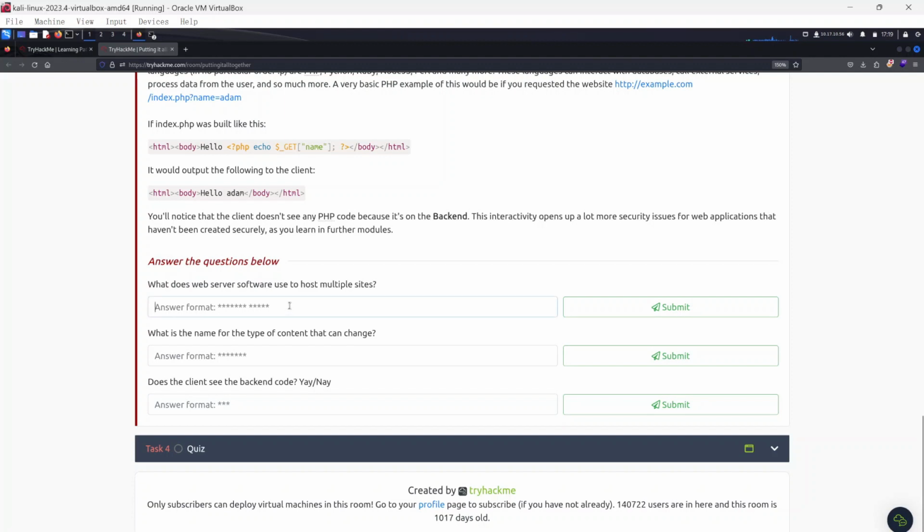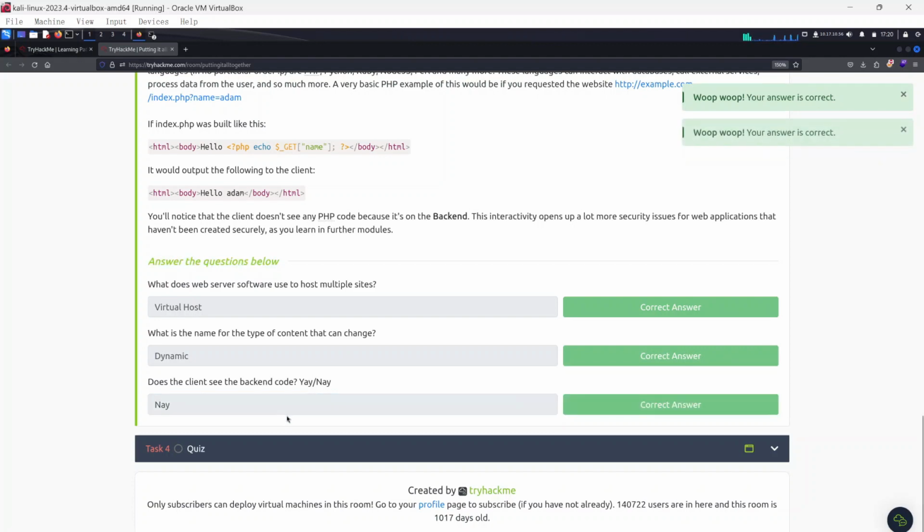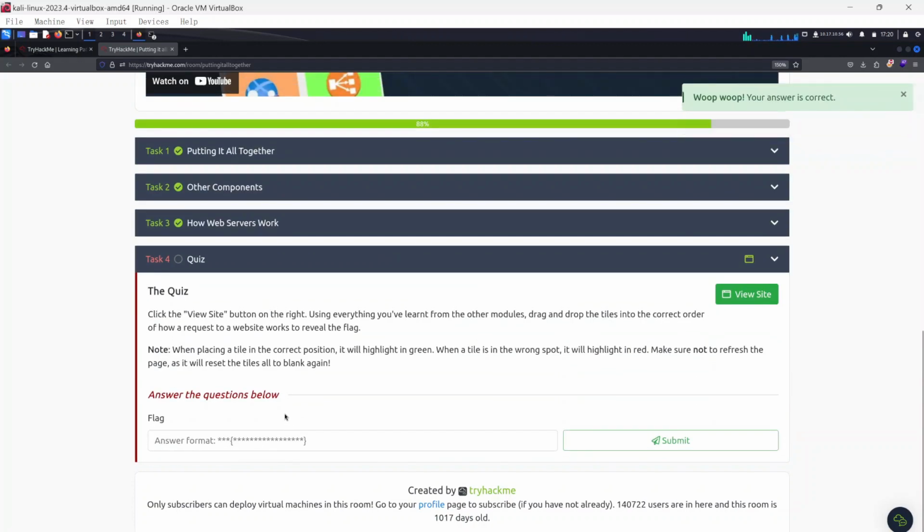use to host multiple sites? That should be virtual hosts. Sorry, I'm not looking. Virtual hosts, yes. What is the name for the type of content that can change? Dynamic. Does the client see the backend code? Nay. That brings us to the end of task 3, and let's head up to task 4, the last task